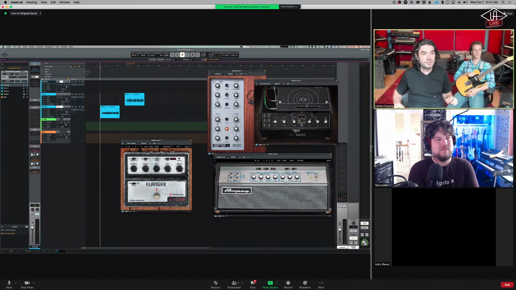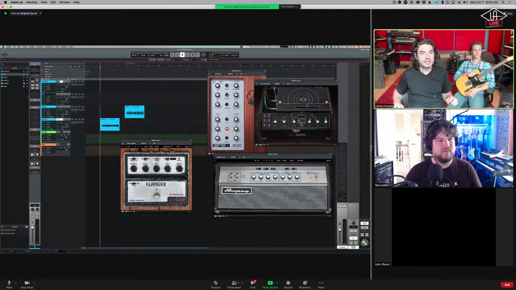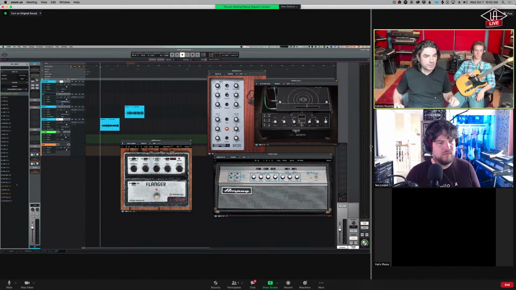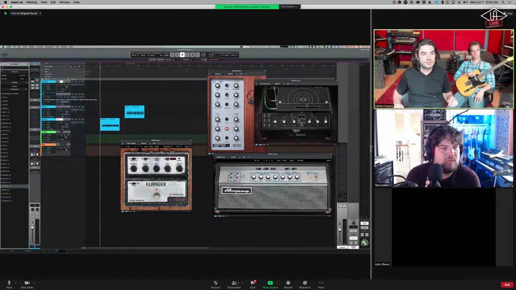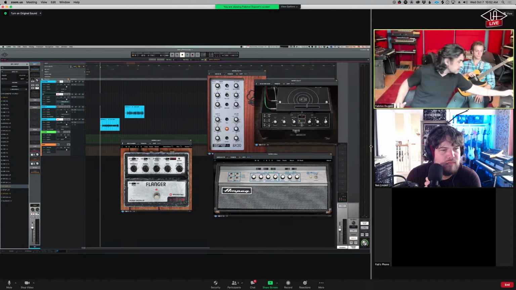OP1. There you go. Stereo. I like stereo. It's nice. And it's on input 3/4 of my C line. I have a lot of interfaces here. And I'm putting it on input here, and let's see what happens.